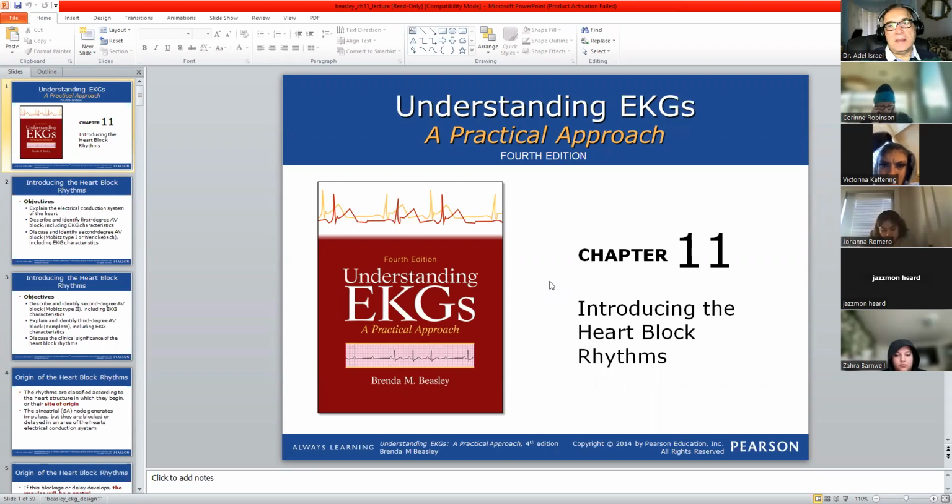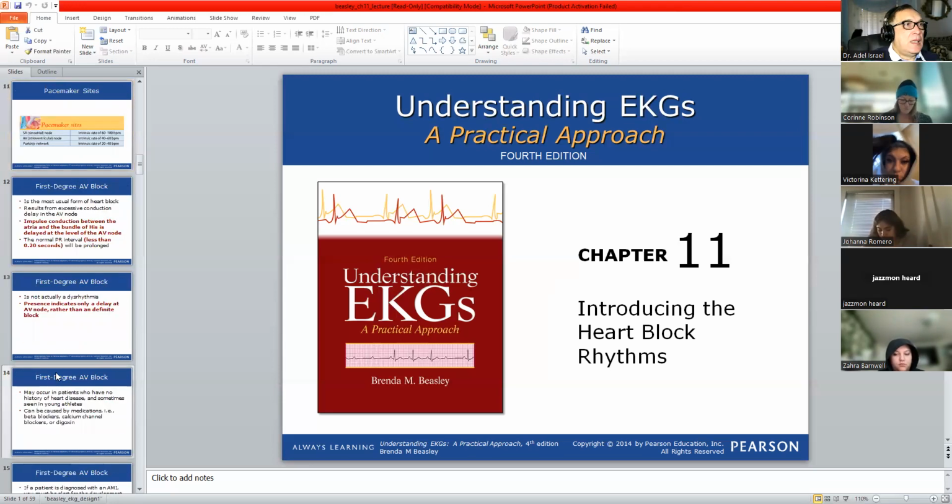Then the second degree of heart block is going to be subdivided into Mobitz type 1 and Mobitz type 2. What is the difference? Mobitz type 1 is so close to the first degree, and it is a little bit safe. But the second type of Mobitz is getting worse, as it is going to be terminated by third degree. We stopped yesterday where we finished first degree and second degree, Mobitz type 1 and Mobitz type 2, and today we need to continue